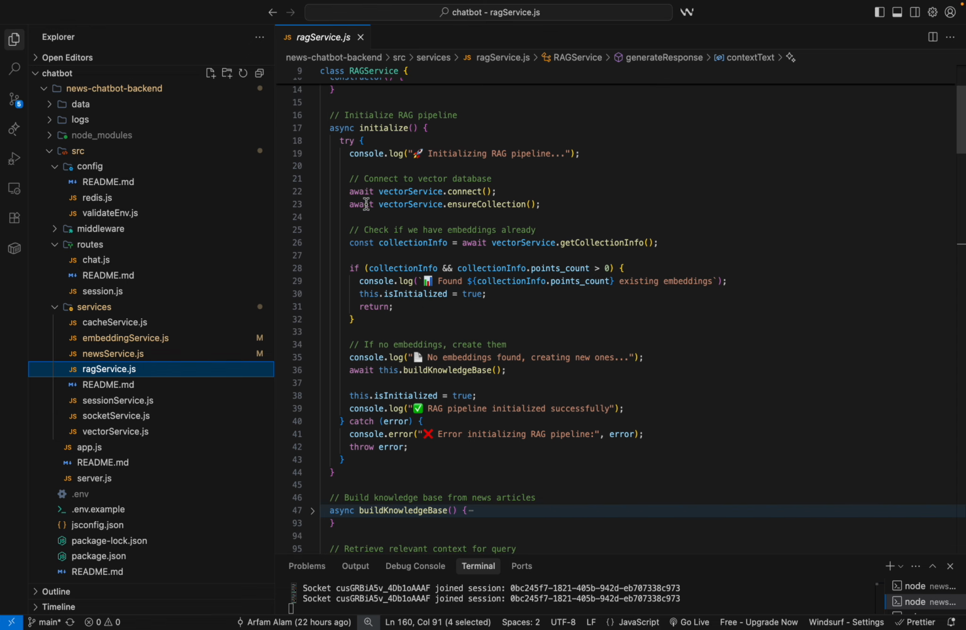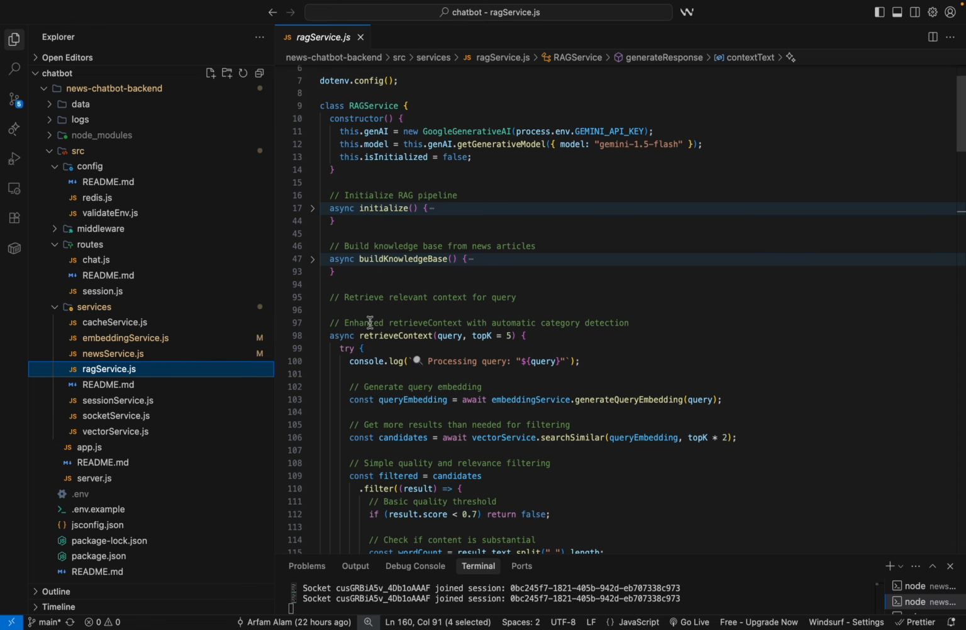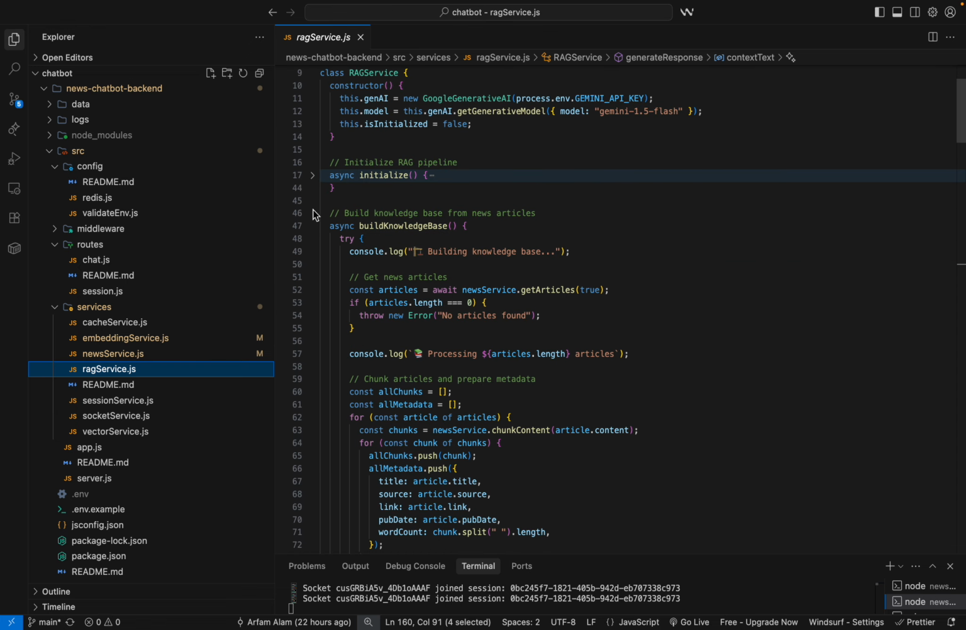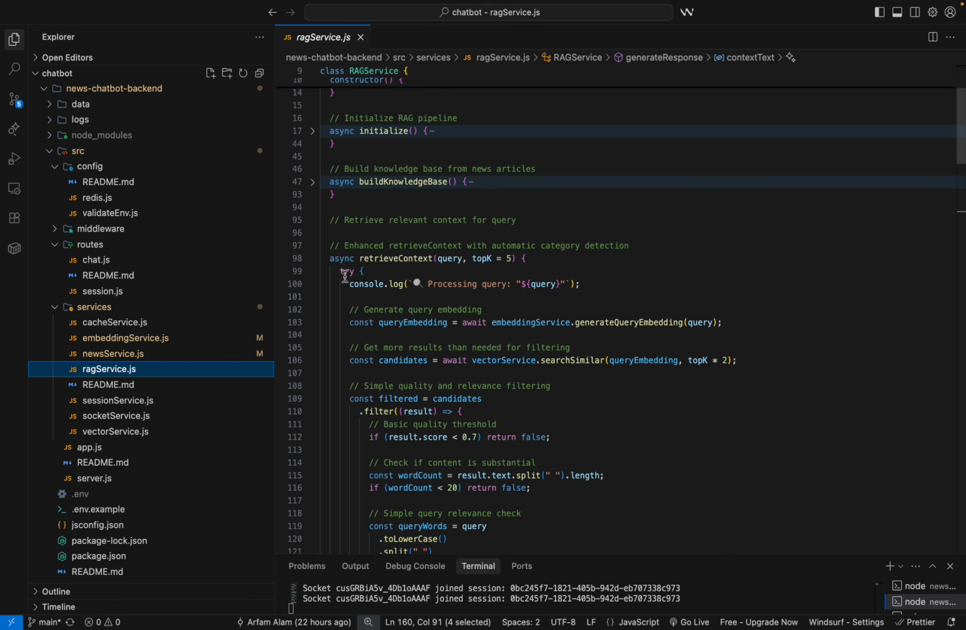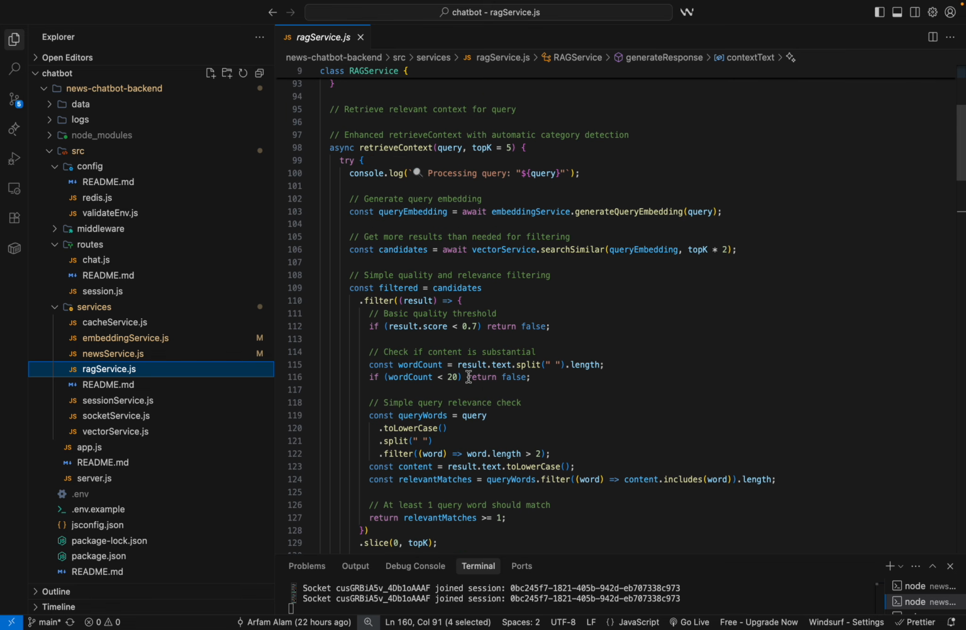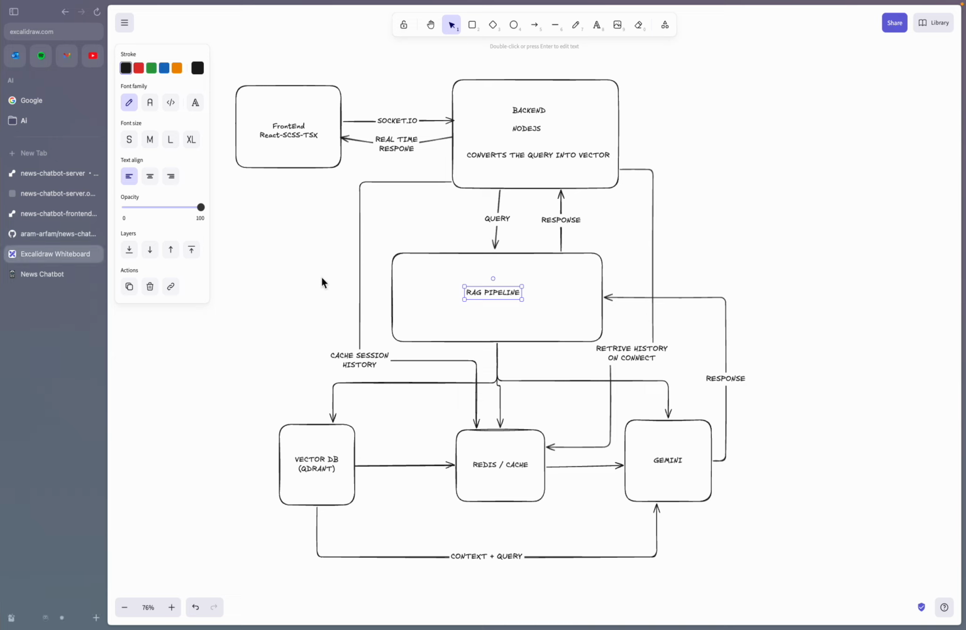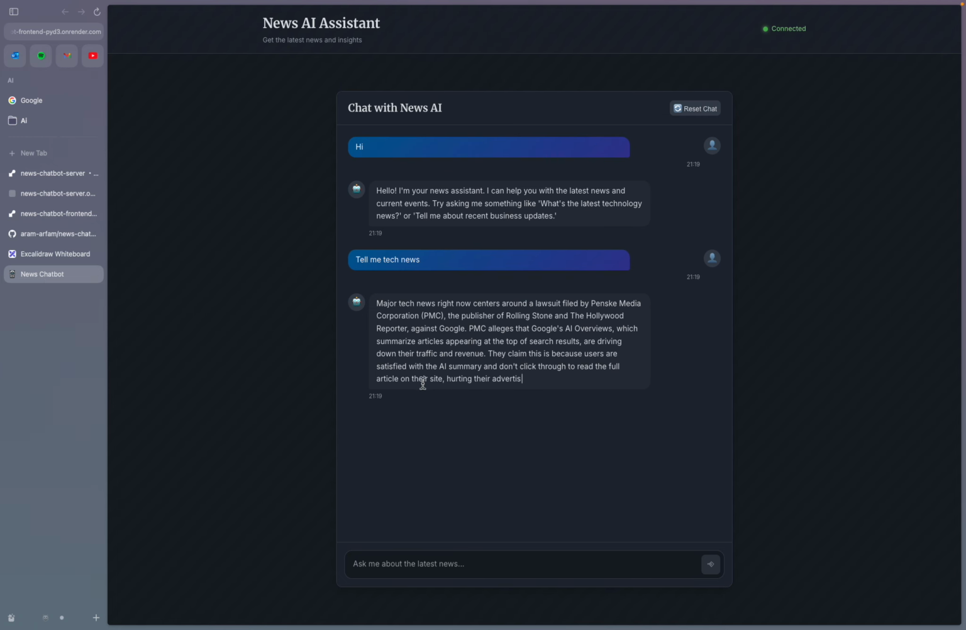So first we initialize all that, the database is connected. We build a knowledge base in our first phase. Then we retrieve our context. Also, I want to show you, while this is creating